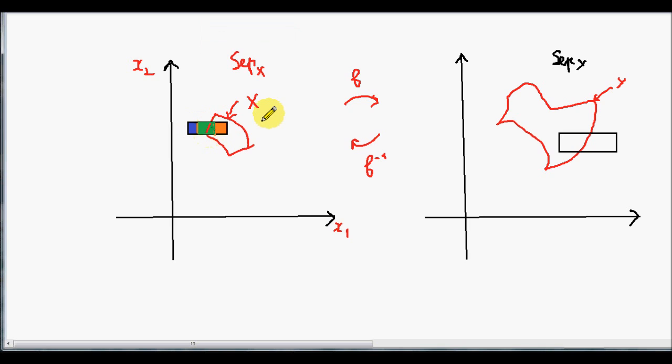And this one. So I take the green box, and I will use the inclusion function I have for f, and I will obtain in the y space another box which will be bigger. So this one corresponds to the image of the green box,